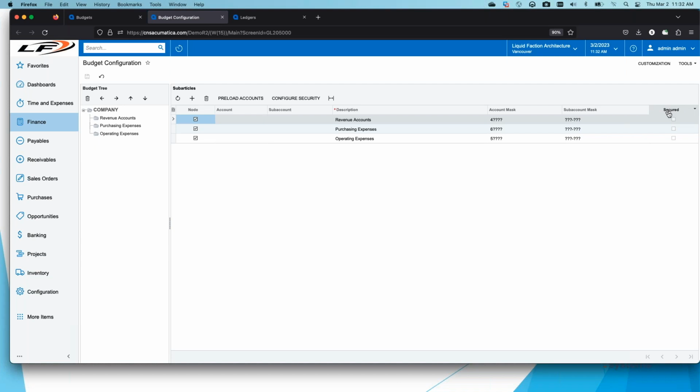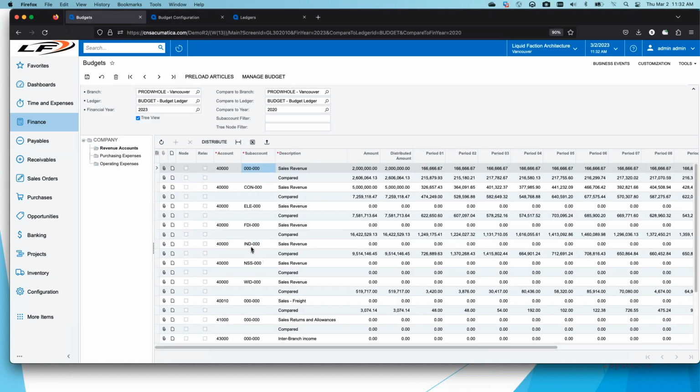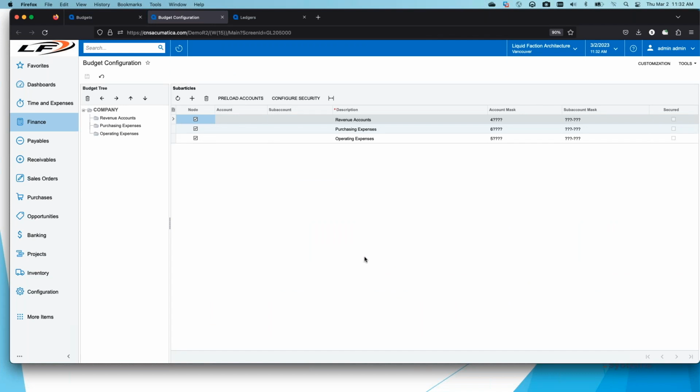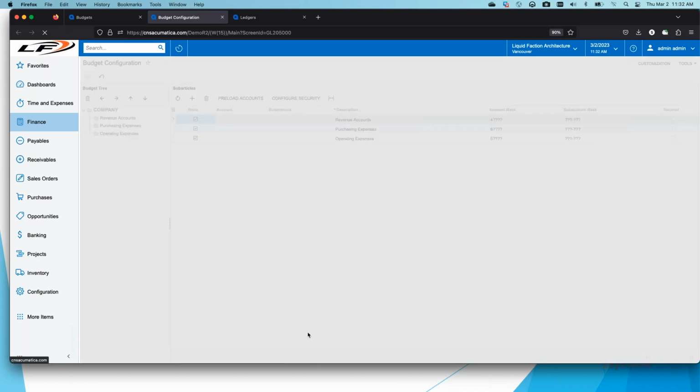Also notice that we have a thing called secured. So the whole point of having something like this is ease of use. So you could set this all up just to make it easier for you to know, if it's only you, it's the controller that's going to be taking care of this, or CFO that's going to be putting in the budgets, and you just want it broken up so you know which sections you've done, which sections you haven't, rather than a big long list. You can set that up, but really the use case comes in being able to say, okay, so revenue, I can come in and configure security